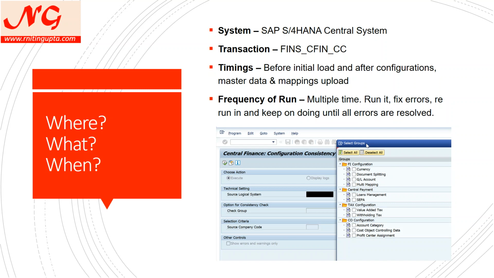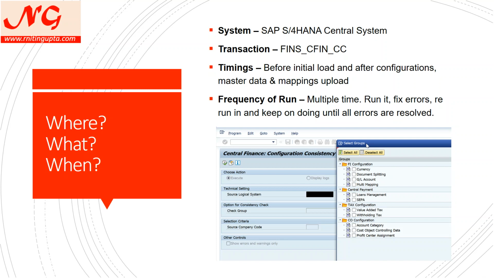Now let's talk about the tax configuration. It checks value added tax, and a lot of things like company code VAT registration number, tax jurisdiction code, country ISO code, tax type, and target tax code. A lot of things within tax are here. And within withholding tax, it tests your rounding rule, accumulation type, withholding tax type, posting time, and exchange rate type. There are more, I'm just listing a few. It particularly checks those areas and the mapping between the source and the CFIN system.